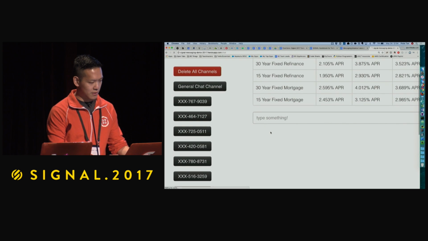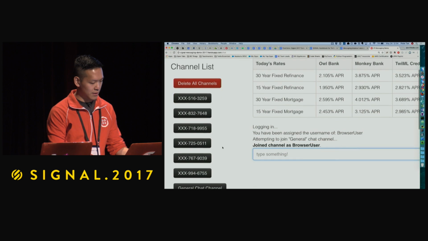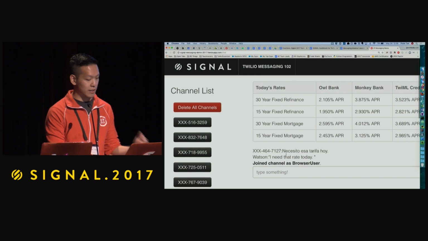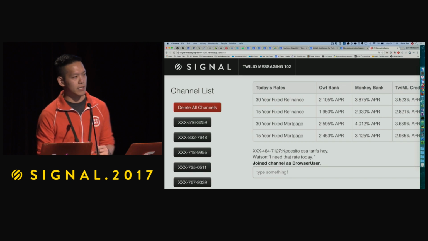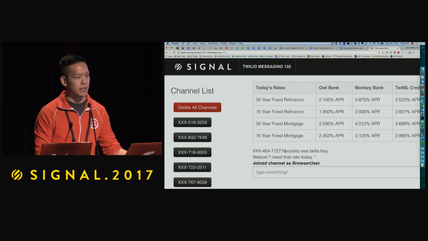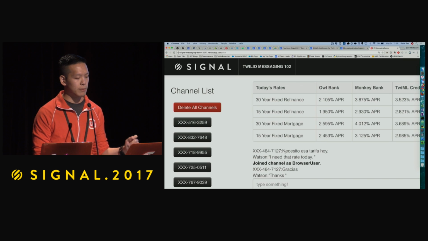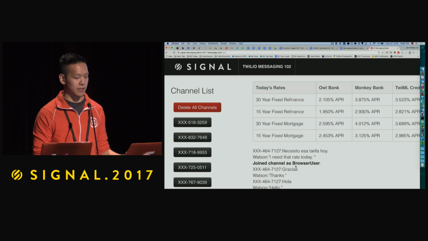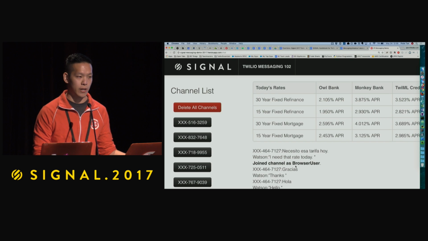Yep. All right, let's see. Here we go. And you can see that Manav has texted in Spanish. And what I've done is I've connected a little bot powered by IBM Watson to look at any incoming text message and realize that if it is not in English, to do a real-time translation and you'll see that Watson says, I need that rig today. I didn't understand whatever that Manav texted in, but Watson has done the translation for me.